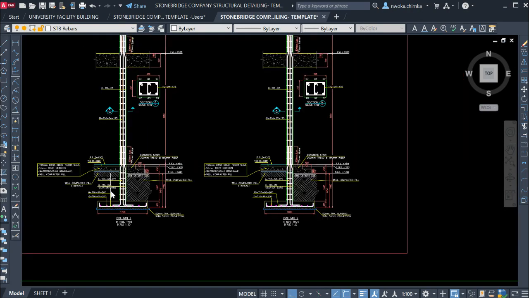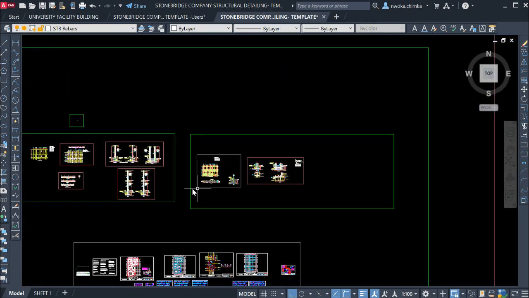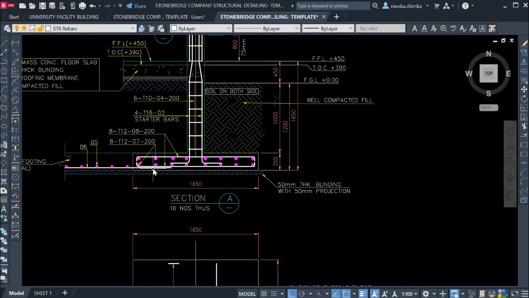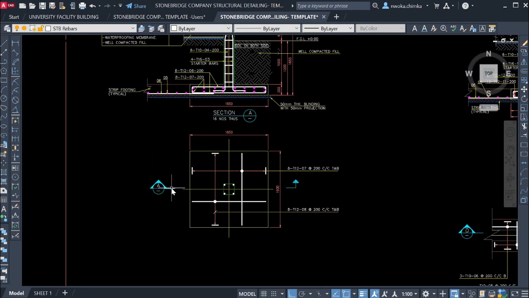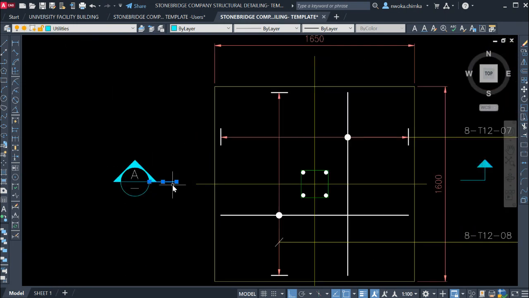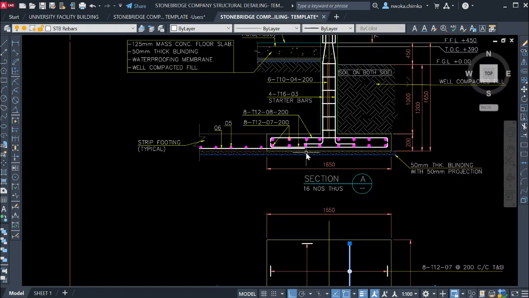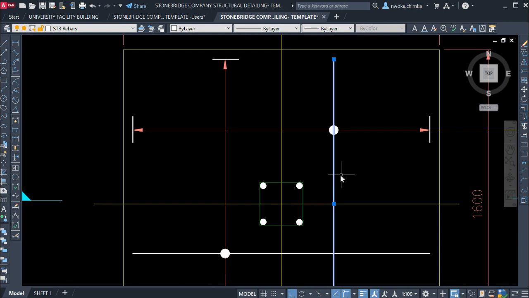You can see for the column, you could see what sample you were doing before, but for now we are doing the footing. So I'll just check the sample as okay. Right now, I'm trying to cut through this. So once I cut through this, what am I going to see? You see that this sample shows that you are going to see